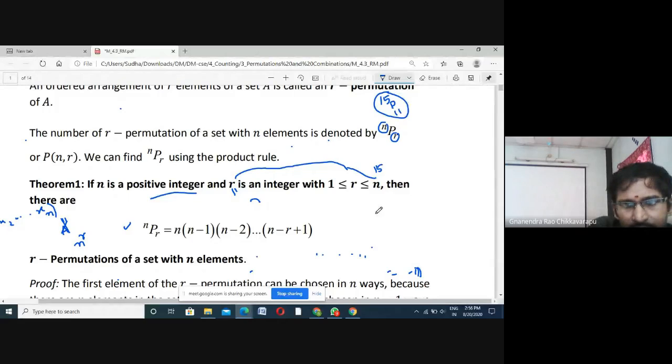So permutation means arrangement. You all know that 0 comma 1, this is Z2, also denoted by Z2 or binary code.